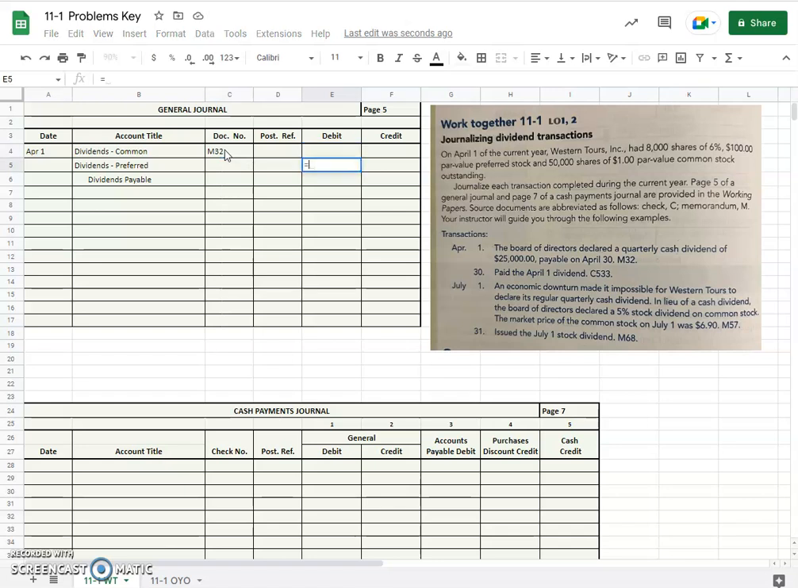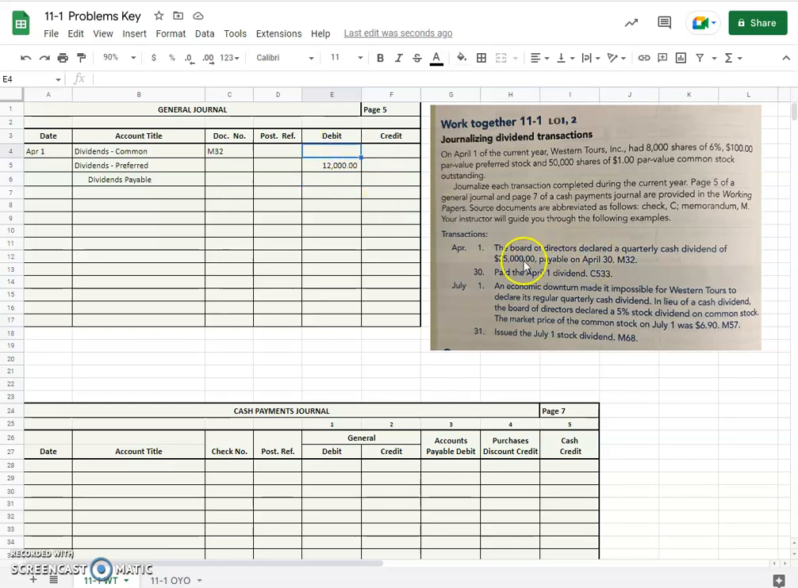So first we would figure out what is the total par value of the preferred stock. So we have 8,000 shares times $100 par value, and then times quarterly dividend. Didn't they say quarterly? Yes, quarterly. That's important because that means we'll divide it by 4. So times 6% or 0.06 divided by 4. So $12,000 for dividends preferred,